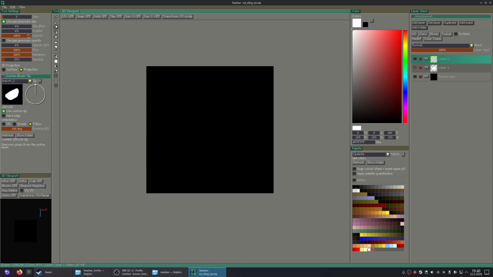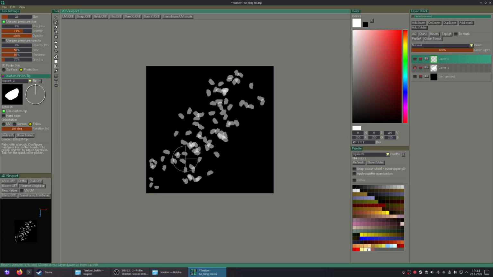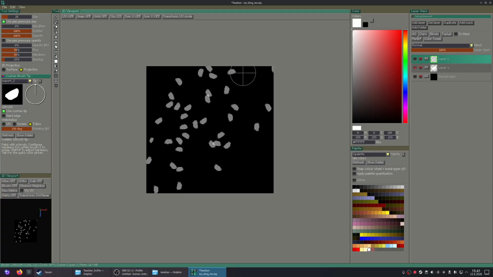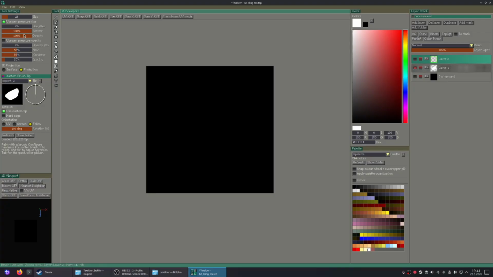So now with these new brush settings that will be available in patch 1.0.2, if everything goes well. So we have access to things like scatter, our eraser, nice, scatter. So this is using the tip. You can see that it scatters. If I increase it, it does it more. Yeah, stuff like that.